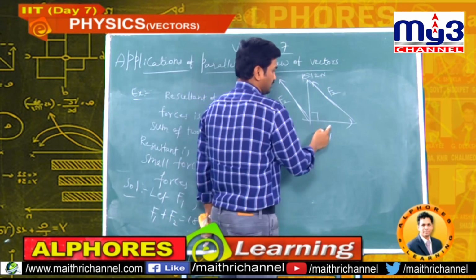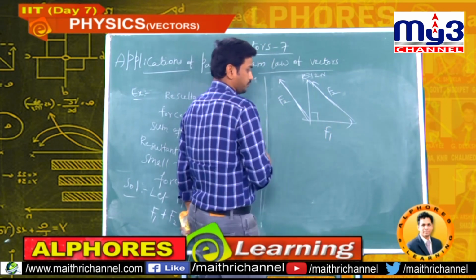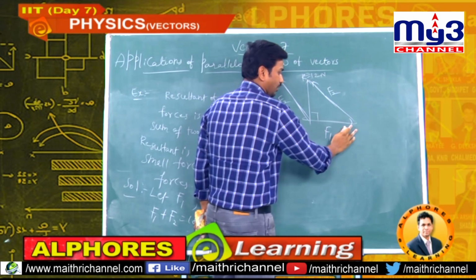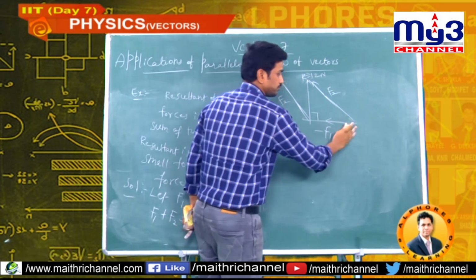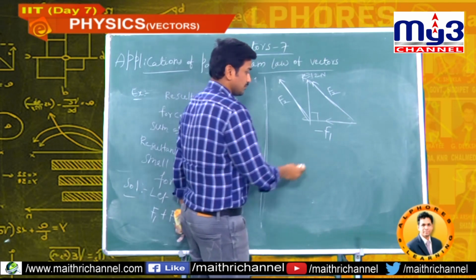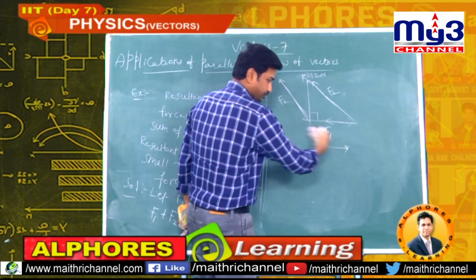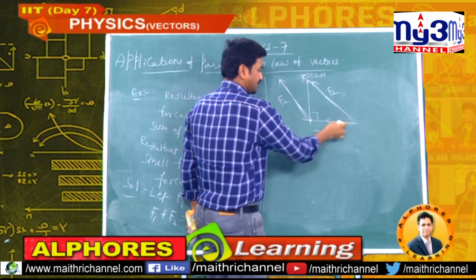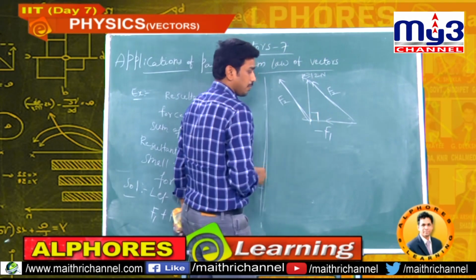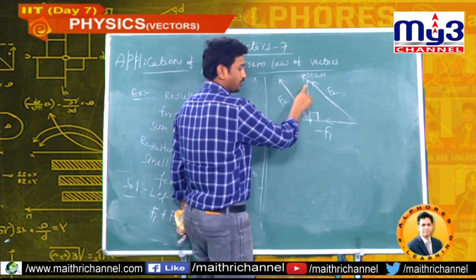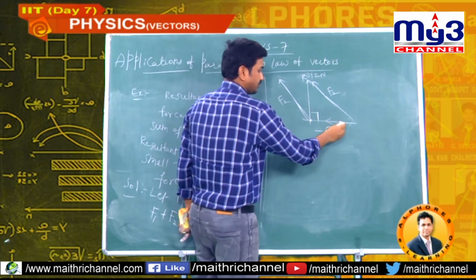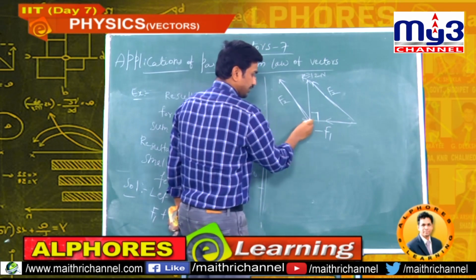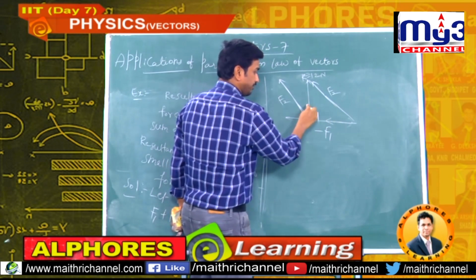Now see this, here I will do one thing, can I reverse F1? This is F1, what about the reverse? Minus F1. Sir, why are you doing this? This is F1, the opposite is minus F1. See now, minus F1 and R of 12 newtons, both are perpendicular. Now see this, the resultant of these two is F2, these two are perpendicular. Now minus F1 like this, two tails. The angle between these two is 90.